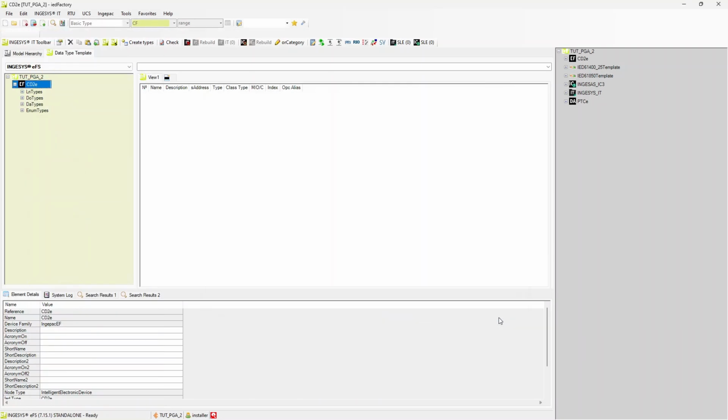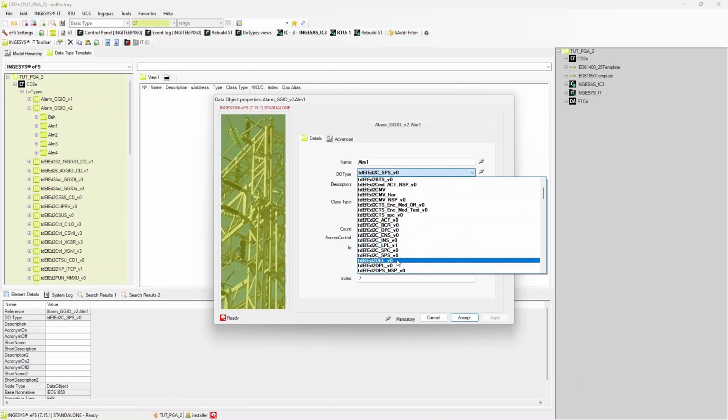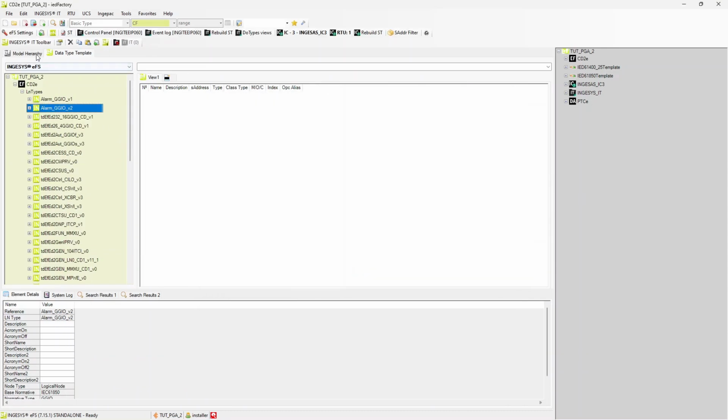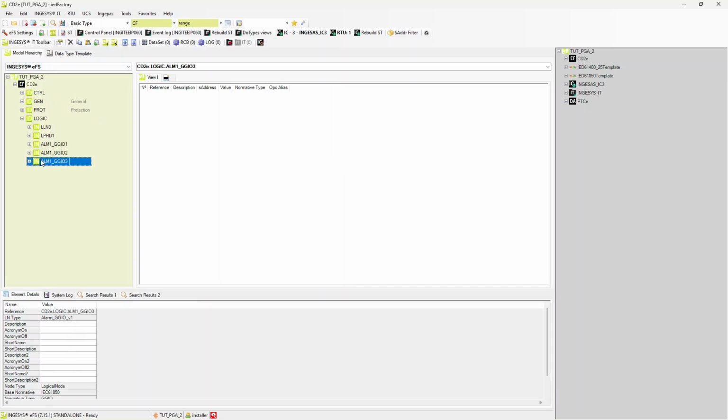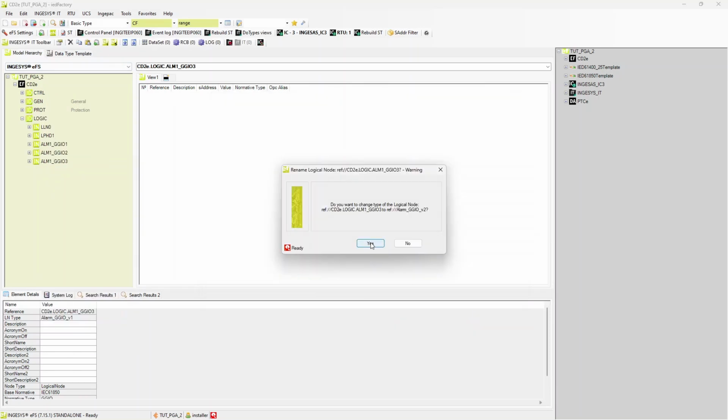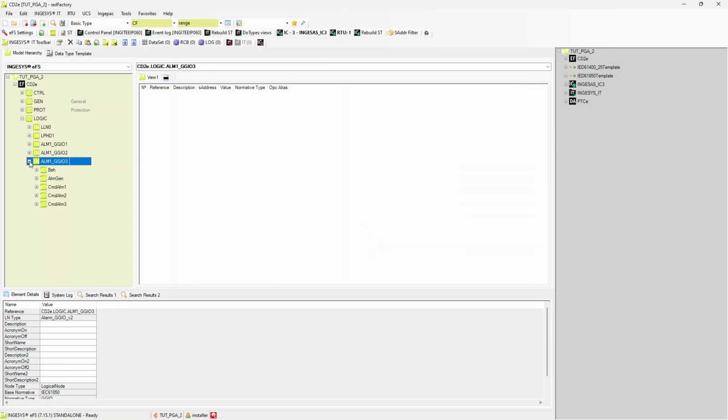In addition to creating logical node types from scratch, these can also be copied and modified, so that the IED model contains several versions and updates of similar characteristics. The LN type of an LN can easily be modified by right-clicking on it and selecting an LN type of the same category as the previously selected one. That is, a generic purpose input-output GGIO type LN cannot be converted to a measurement MMXU type LN.